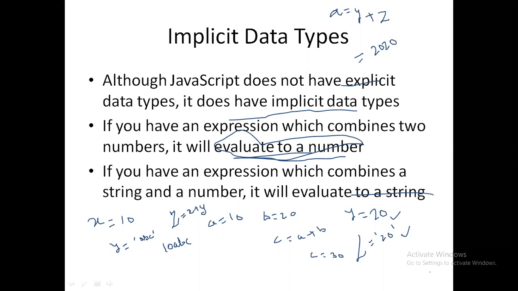So if a is equal to 10 and b is equal to 20, these are both integers, so I'll get the answer as 30. If you go for numbers and characters, then I'm going to get them combined like this. Both may be numbers, but if one is enclosed in single or double quotes and the other is not, then one will be treated as a number and the other as a string. So when I combine these, I'll get the answer in this fashion. You should be very careful while doing such operations.